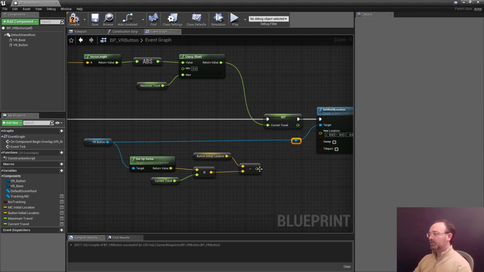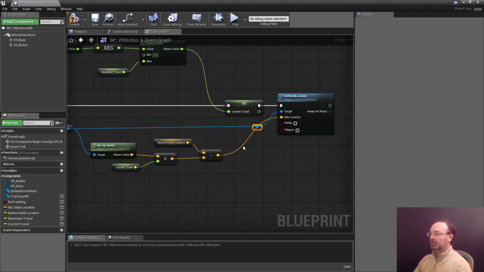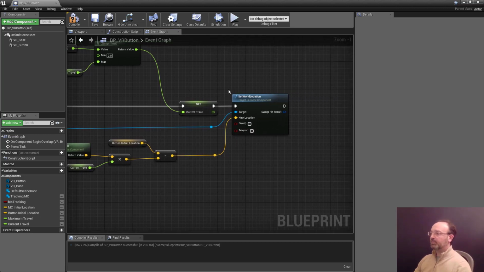And we set the word location to this one. Okay, so basically this is the new word location of the button. Let's keep it a bit cleaner. This is basically where we want to place the button as it's following the hand. By the way,